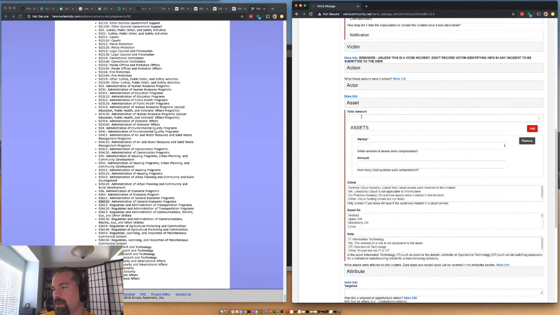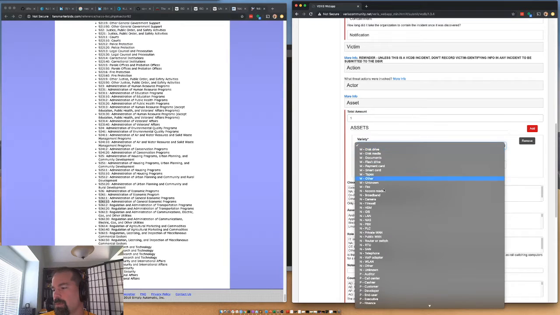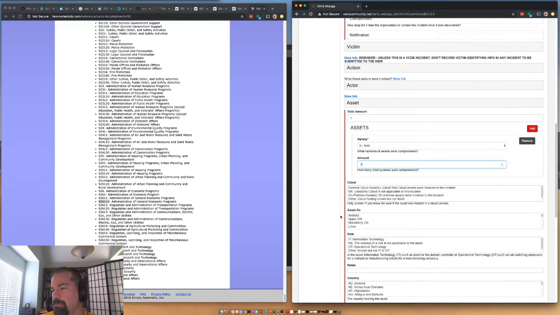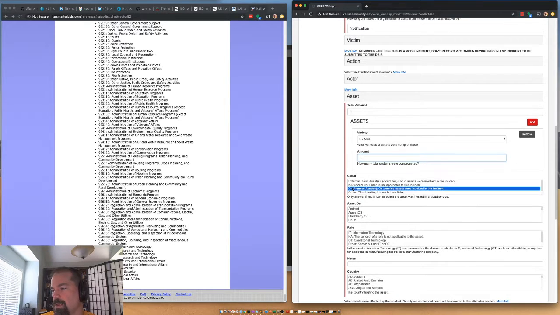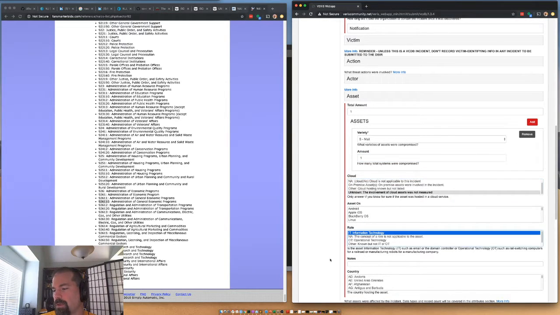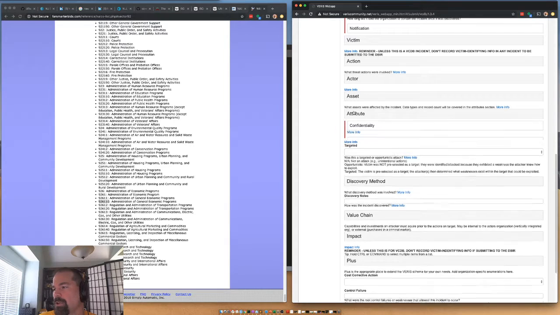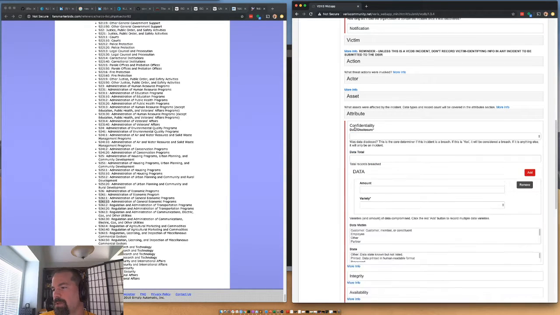Asset. Total assets was 1 mail server. No information on whether it's a cloud server or not, or operating system. Certainly it was IT in the United States. Attribute, confidentiality, data disclosure, yes.